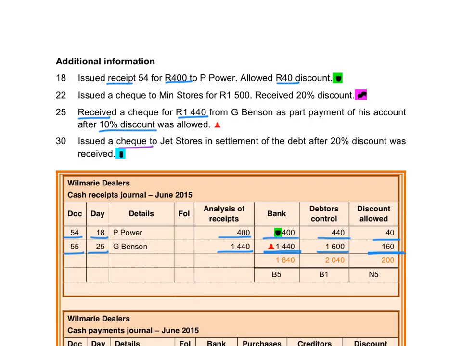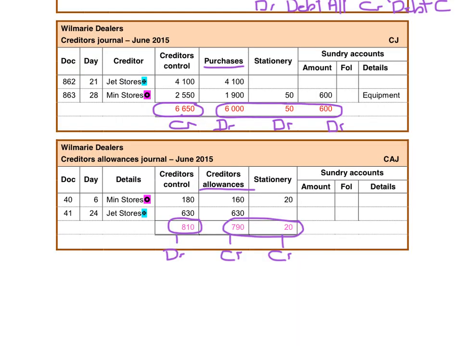Issued a check to Jet Stores in settlement of a debt after a 20% discount was received. They don't give us the debt and they don't give us the amount received. So we will have to calculate the outstanding amount of Jet Stores before we can do this transaction. We bought goods from Jet Stores for 4,100 and we returned goods to Jet Stores for